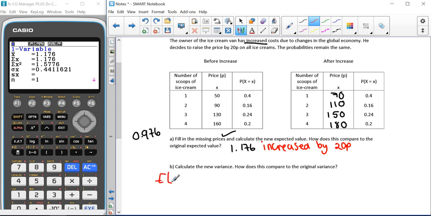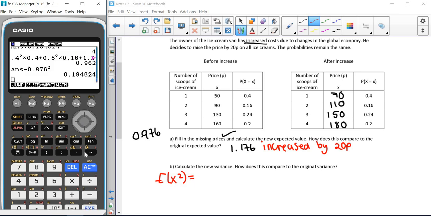So remember, we have to do E of X squared. So back to the normal calculator part. So we're going to have 0.7 squared times 0.4 plus £1.10 squared times 0.16 plus £1.50 squared times 0.24 plus £1.80 squared times 0.2, and that gives us